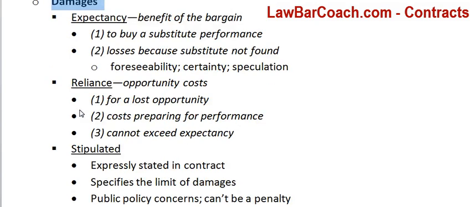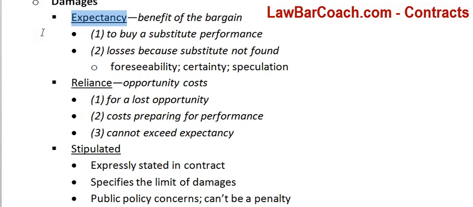There are different types of damages. So essentially what you're going to the court and saying, either there's been a breach or the performance was not done correctly, and as a result, I would like to receive some sort of damages in compensation for what happened. That's why I'm in the court. I'm enforcing the contract. The first and most common is expectancy damages.